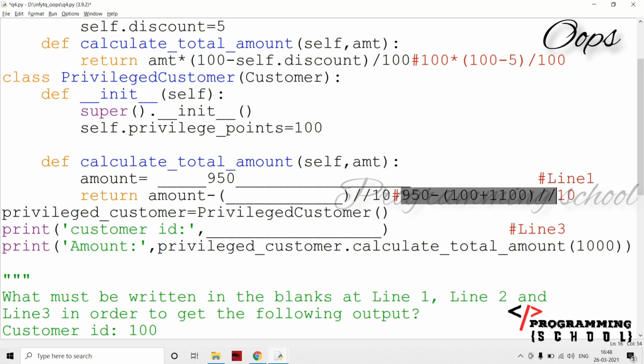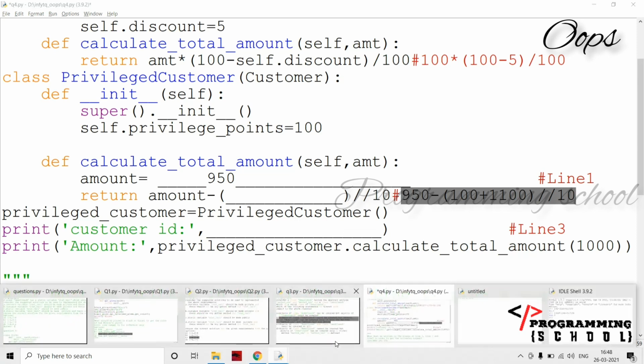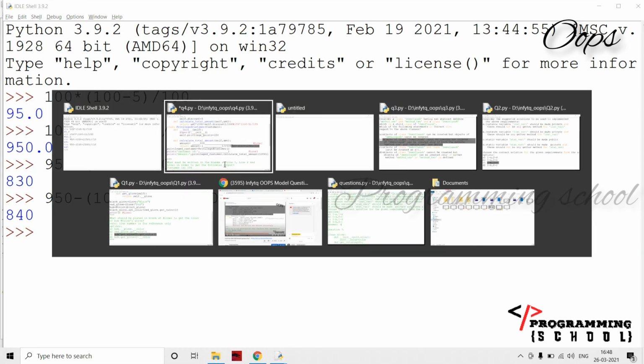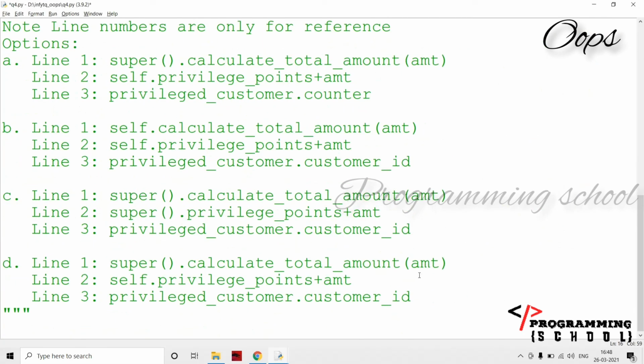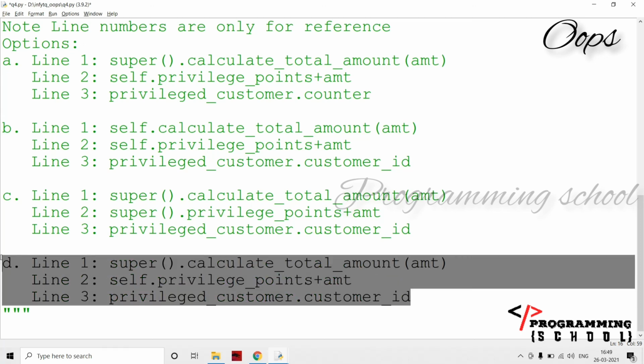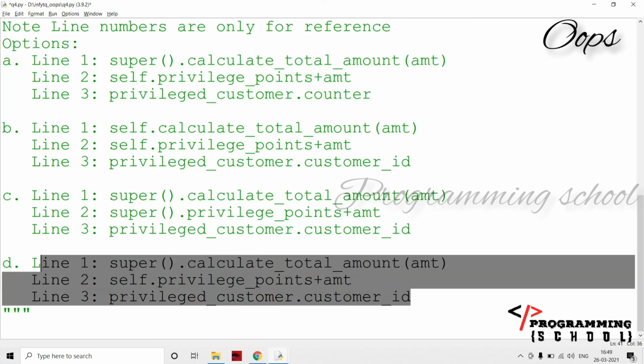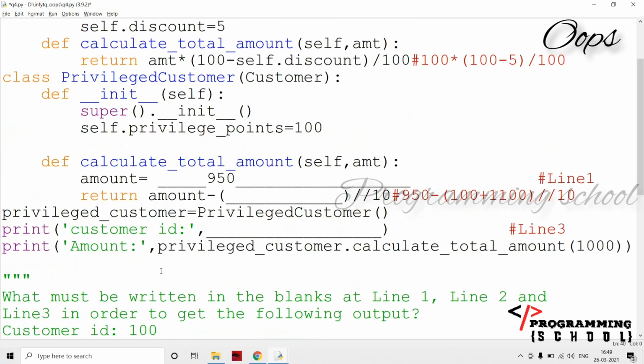Then I'm going to calculate on this thing. No, this is going to be 1000, and the output is going to be 840. Then the output is going to be option D here. I'm going to find the previous points, self.previous_points plus amount, and option D is the perfect one. Yes. If you have any doubts on that, just comment it. I'm going to explain you again very clearly. Just try to understand what I'm teaching here. Thank you, guys.